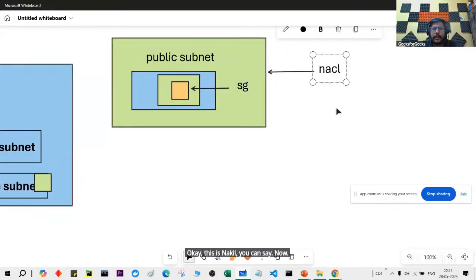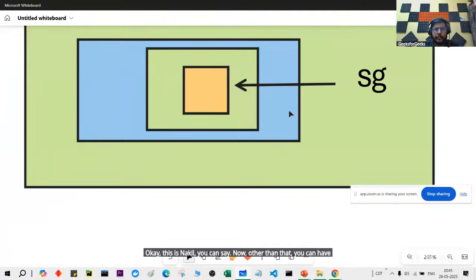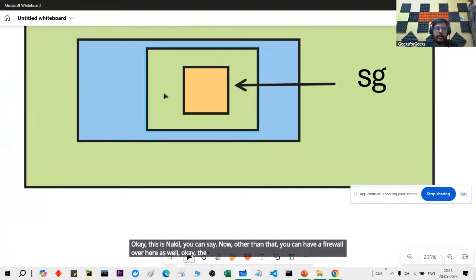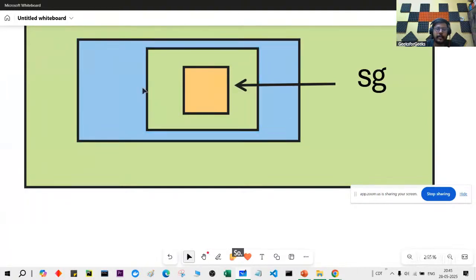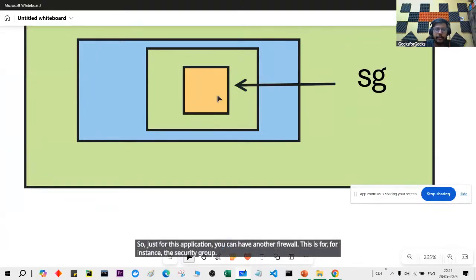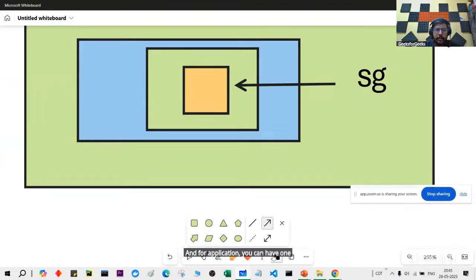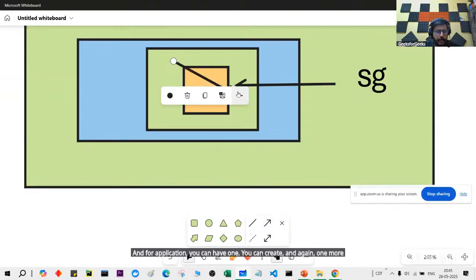Now other than that, you can have a firewall over here as well. Okay, the application. For this application you can have another firewall. This is, for instance, the security group, and for the application you can have one. You can create, and again, one more box over here